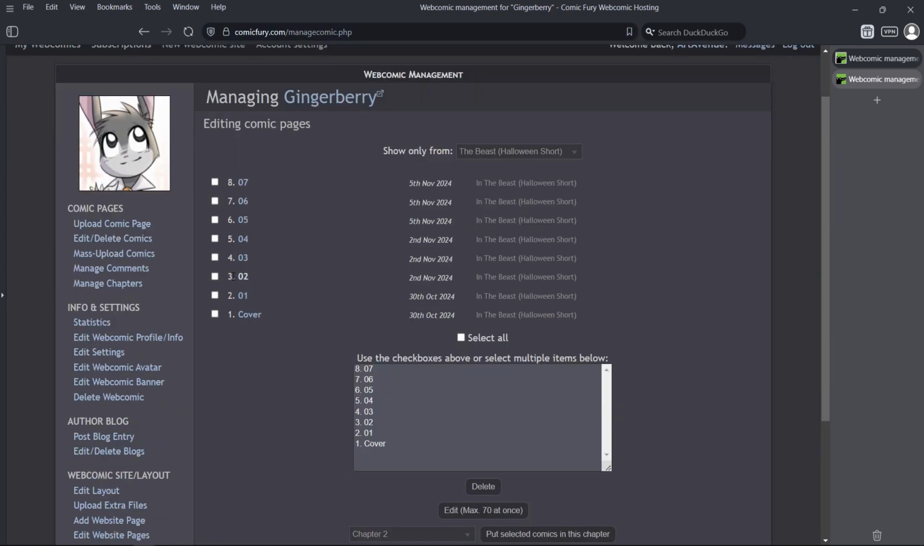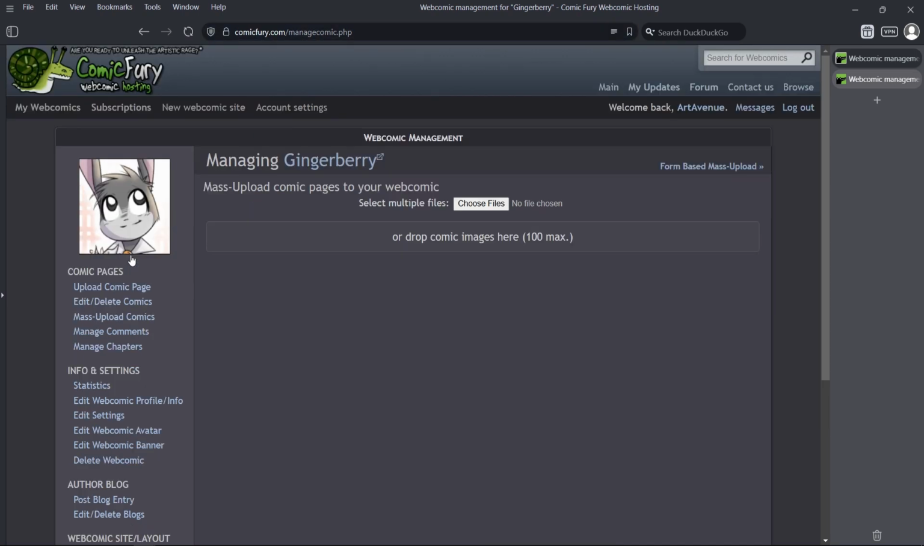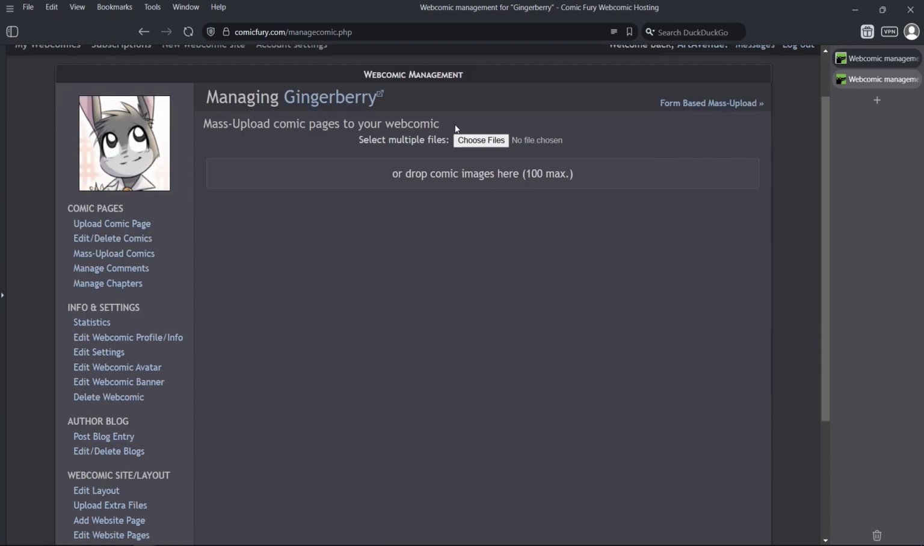Another neat thing that you can do is you can mass upload comics. I have not personally done this, but you can choose multiple files, and I'm going to guess they allow you to just mass create multiple pages, similar to what we already did with the single page, but you can choose a bunch of files all at once and quickly go through them all and edit the dates for when you want to release them and the author comments and so forth. You can manage comments, you can